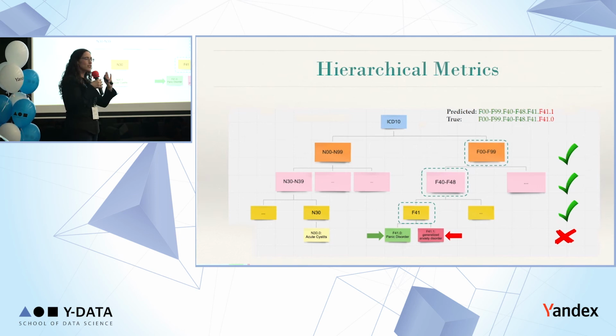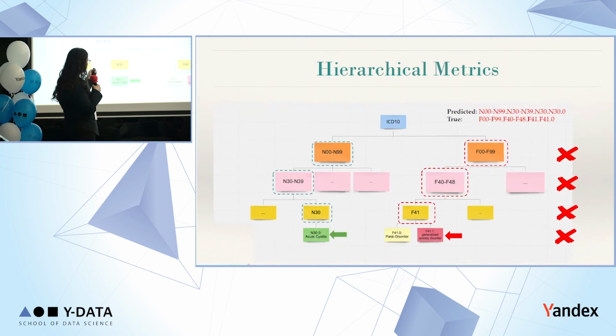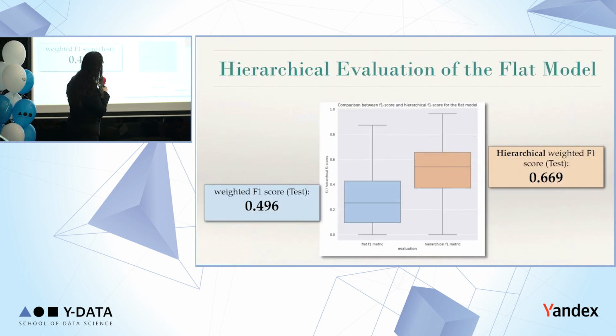We basically use a sort of variation of a hierarchical F1 score. But the idea is it takes into account all the levels of the hierarchy. In this case, confusing panic disorder with anxiety, the model was correct on 3 levels out of 4, so it will get a pretty good score. Unlike if I confused a cystitis with general anxiety disorder, which was wrong on all 4 levels. So you can see the difference.